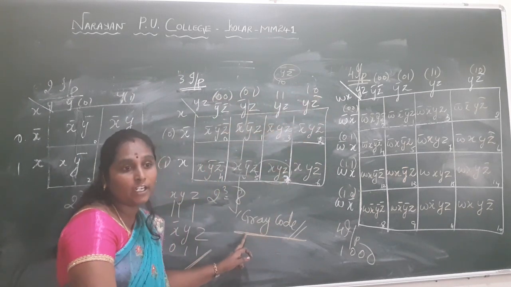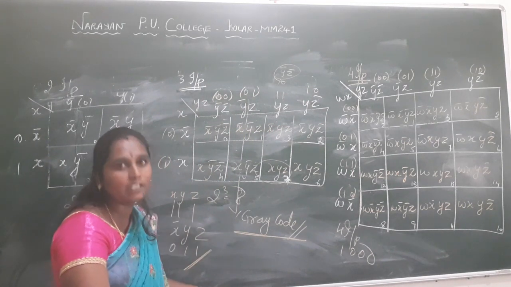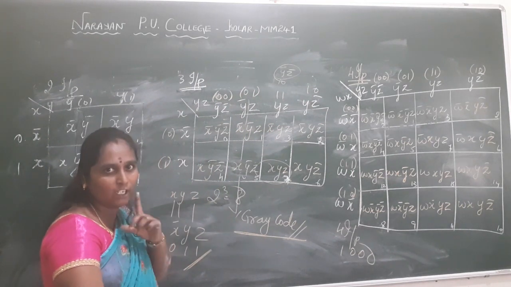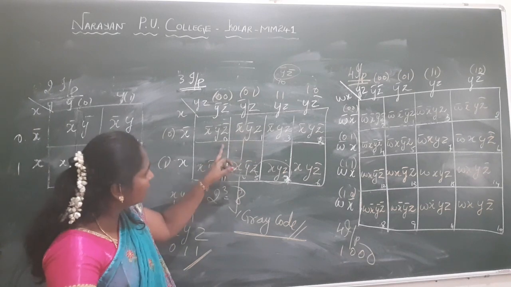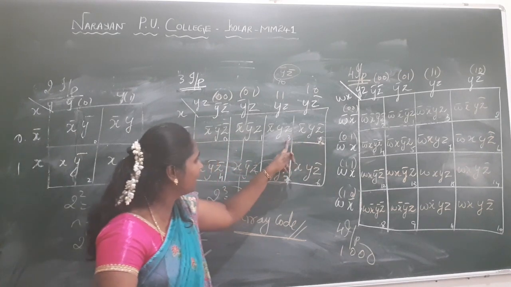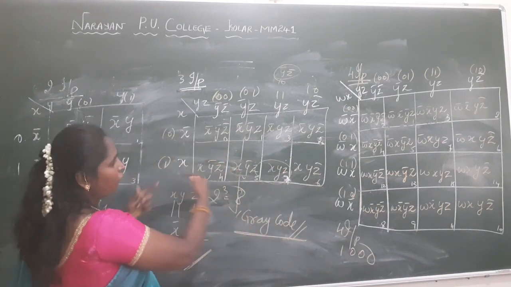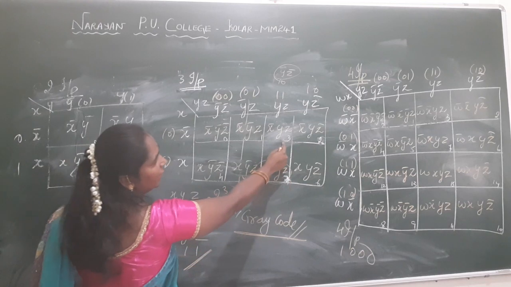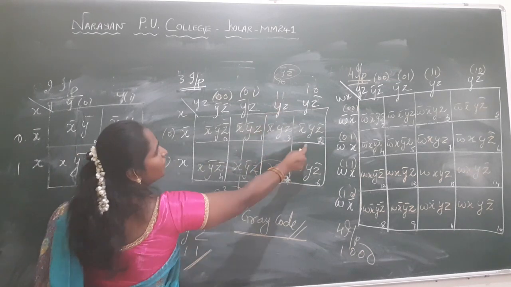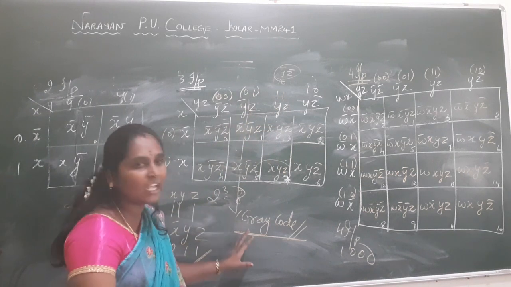The binary code should vary in only one place, whether it is complemented or uncomplemented. For that reason, the subscript values are 0, 1, 2, 3, 4, 5, 6, 7. You can cross-check the representation of 5 or 3, which is 0, 1, 1. If you place 2 here, it will not give binary values. For that representation, they have used a Gray code.